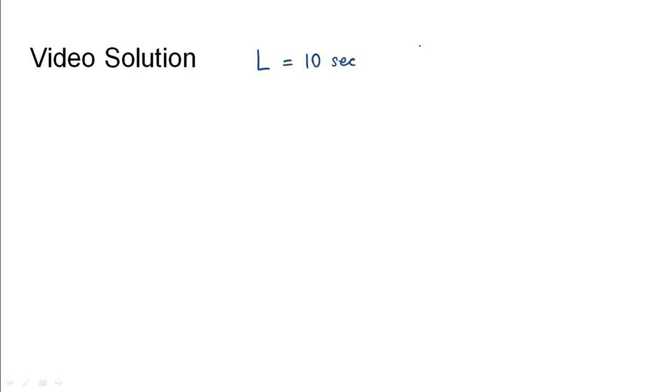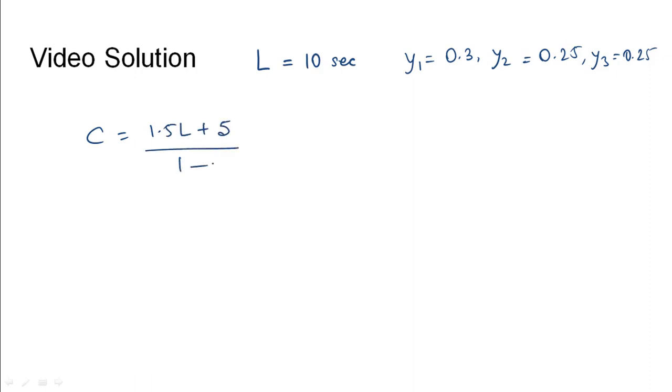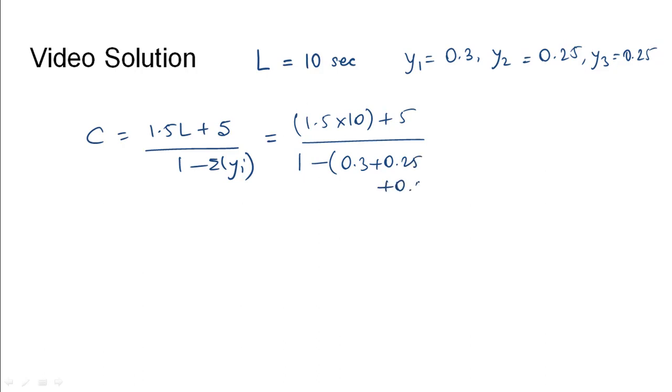the critical flow ratios are given as 0.3, 0.25 and the third one is also 0.25. So firstly we will need to find the cycle length as per Webster's method. So that will be 1.5 L plus 5 divided by 1 minus summation of the critical flow ratios. This would turn out to be 1.5 into 10 plus 5 divided by 1 minus the summation of 0.3, 0.25 and 0.25, which are the critical flow ratios. This would become 20 divided by 1 minus 0.8, which would turn out to be 100 seconds as the total